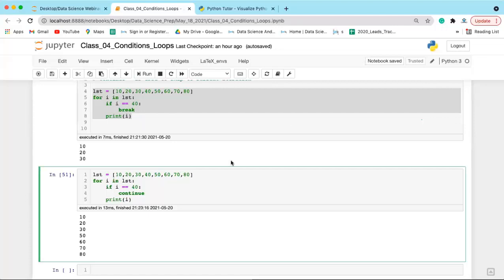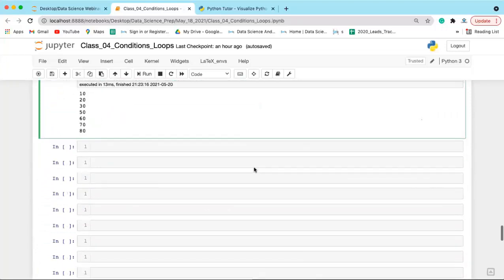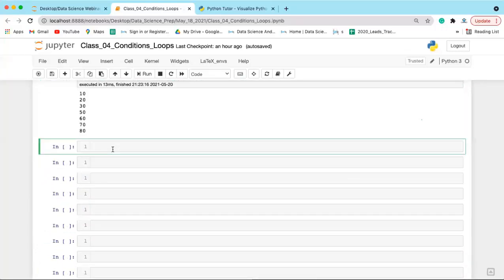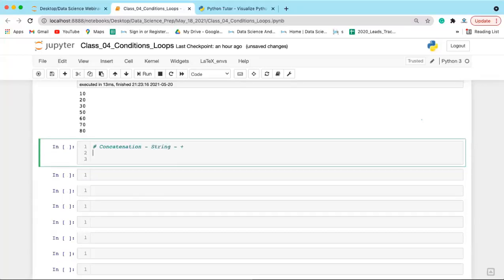When we write a sentence... Anyway, let's try a few codes and then we will be getting the output. Before coming here, I would like to discuss the concatenation operation. In the case of string concatenation, we use the plus operator, and you can concatenate two strings, but remember both objects